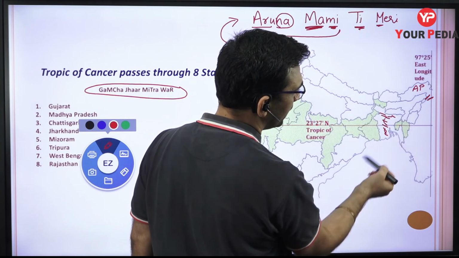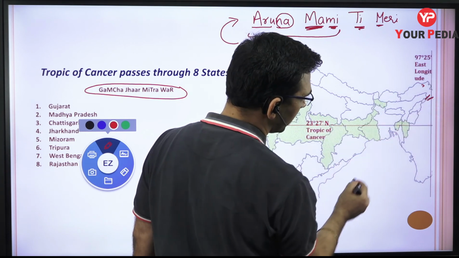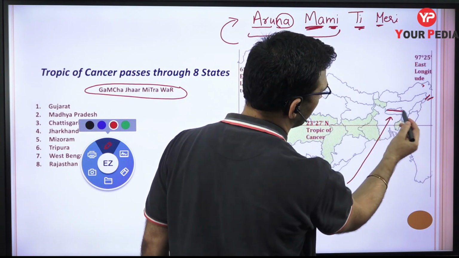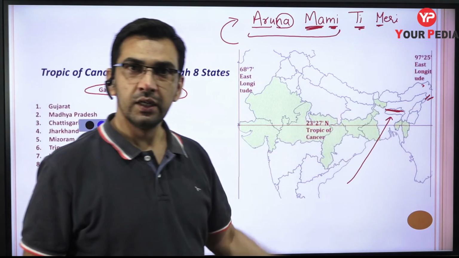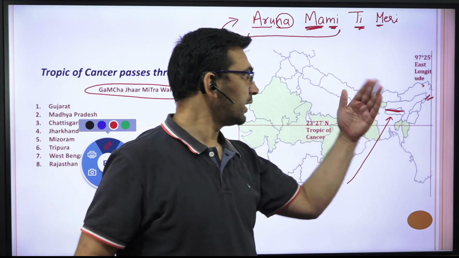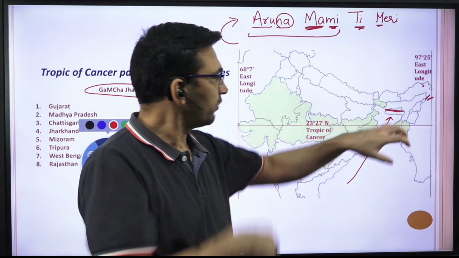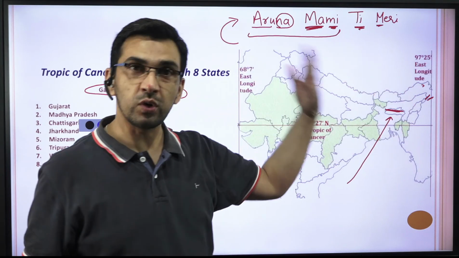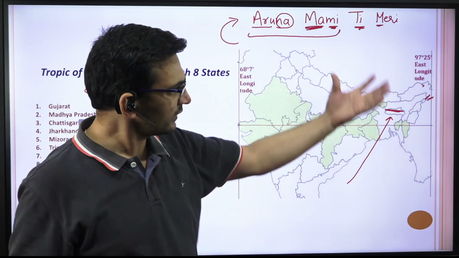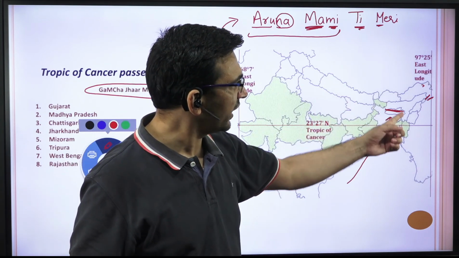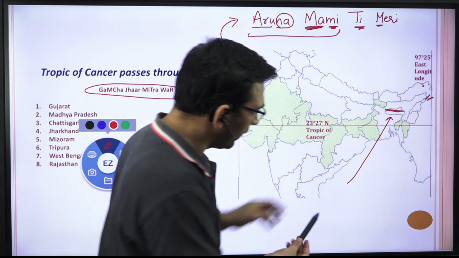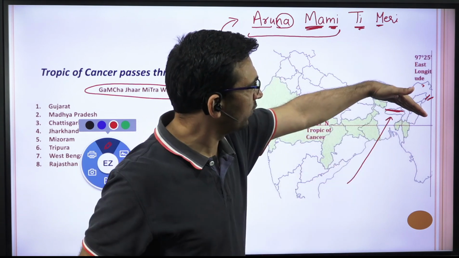This is Bangladesh. Don't have hilly area over here. The winds, when they come over here, they get the first barrier in the form of hills, Garo and Khasi hills over here in Meghalaya. And therefore, since they will get the barrier, then obviously most of the rainfall will take place over here. So that way you can visualize. So if you correlate the things, it will be easy for you to remember, right? So whether Meghalaya is here or here, you can very easily tell, because when the wind will blow this way, the barrier will be over here, right?